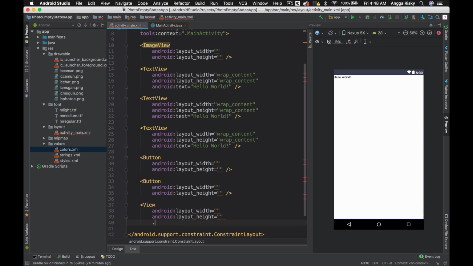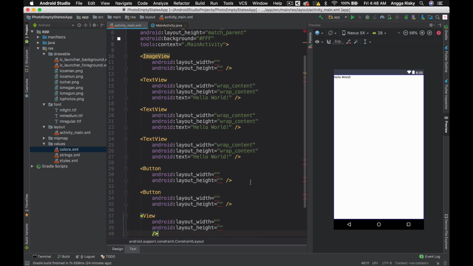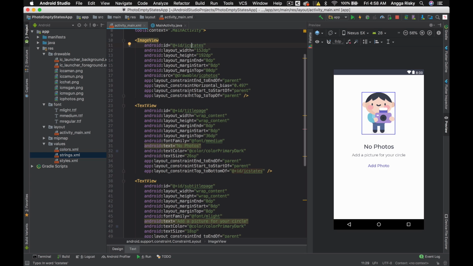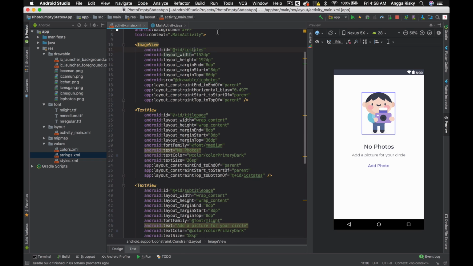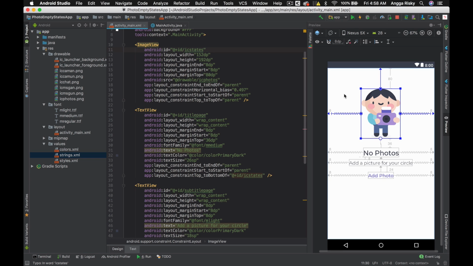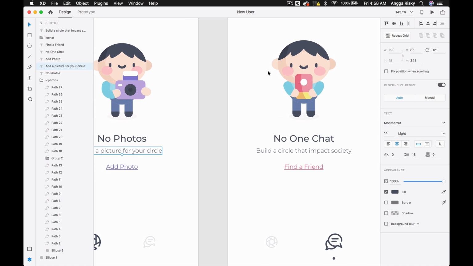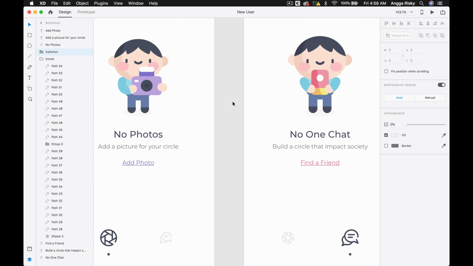Oops, just like this. Okay, amazing. So this is for the image view. You don't have to build from scratch. You just need to follow my code. So this is the image view that we use for the illustration over here. We're going to replace them later on.